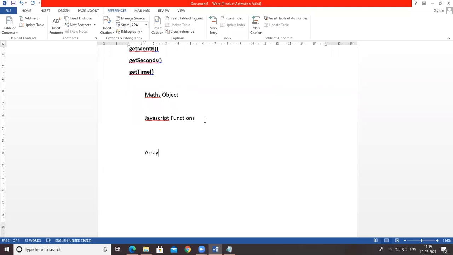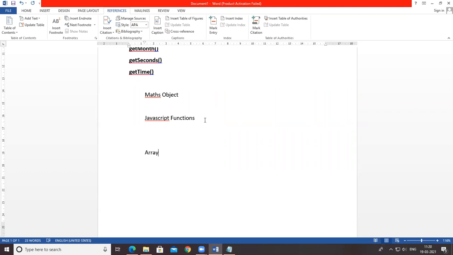Suppose there are values of the integer type, then those integer values are stored in an array having integer values. Suppose I want to store the character values. So only the character values are stored in the character array. So one type of values or a collection of variables of the same type are stored in the array. त्याच्यामध्ये जो सेम टाईप असेल तर त्या सेम टाईपचा डेटा हा अरे मध्ये काय होऊ शकतो, स्टोअर होऊ शकतो.